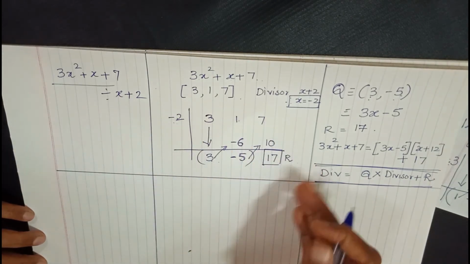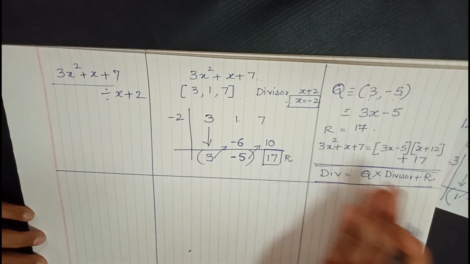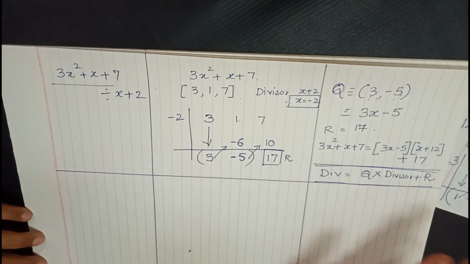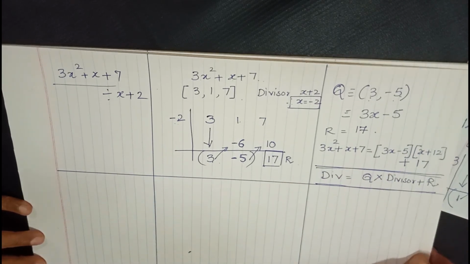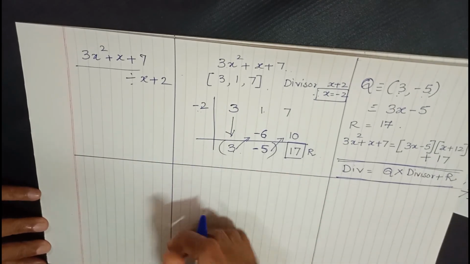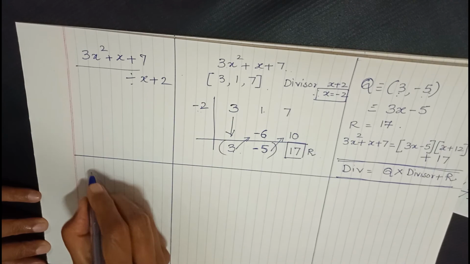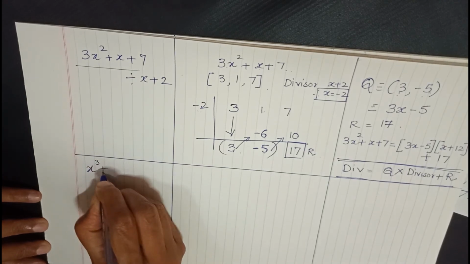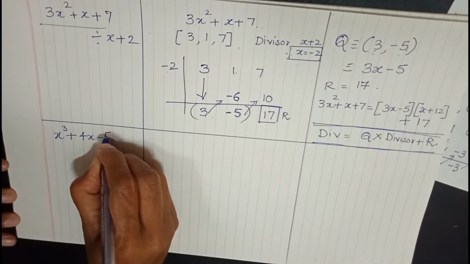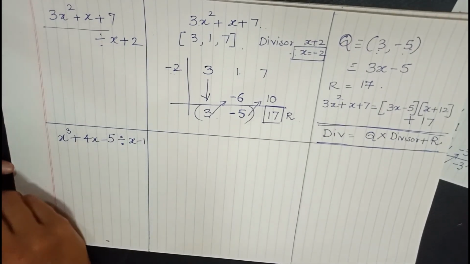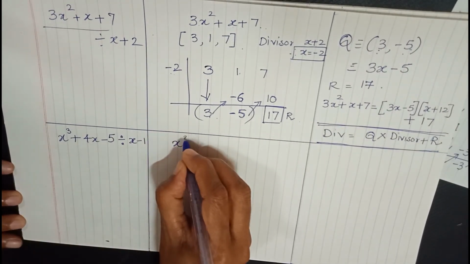So in this form also it can be written. And now this same question again you can verify by doing the vertical division, which you have learnt even in the lower classes, and even now in 2 sums I have explained how to do the vertical division. So let's take one more example of synthetic division. x cube plus 4x minus 5 to be divided by x minus 1. So let's start with the polynomial first.